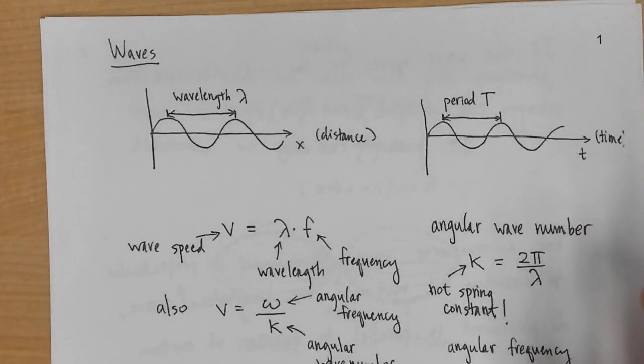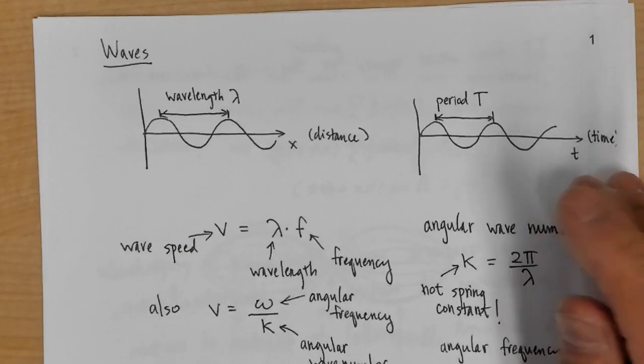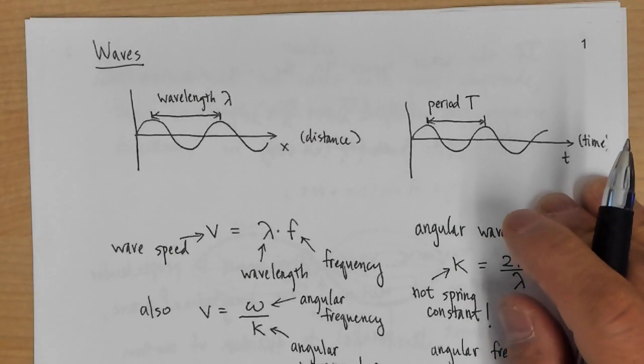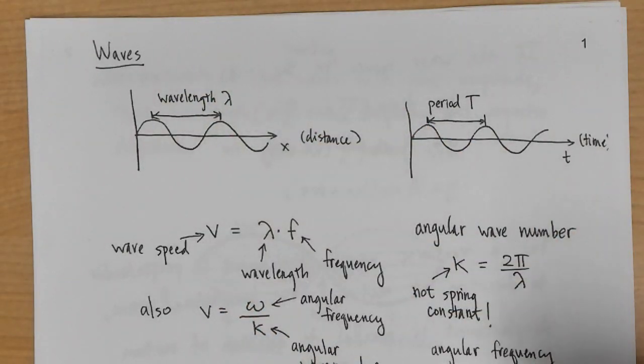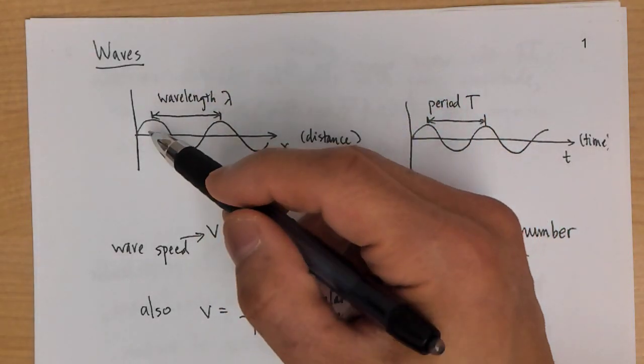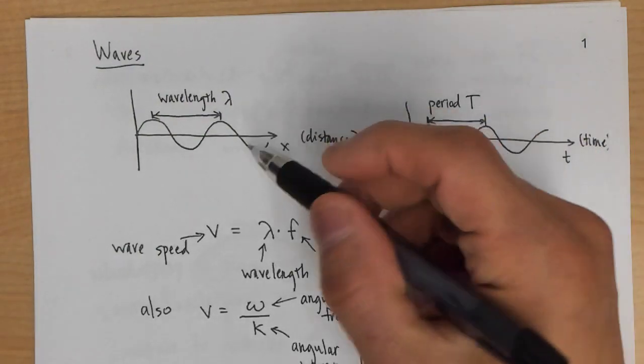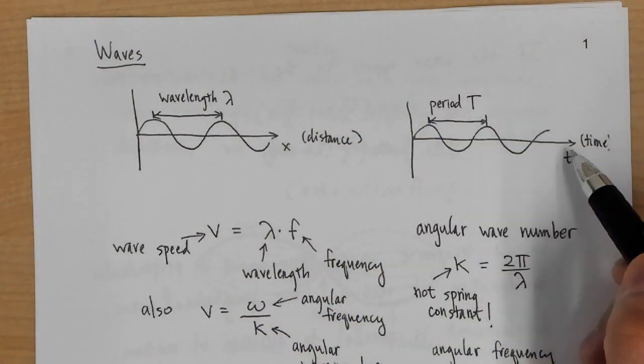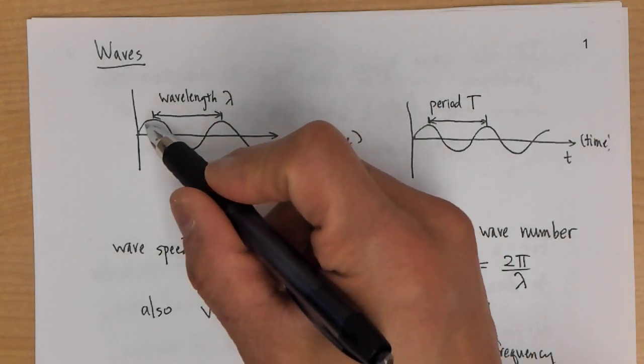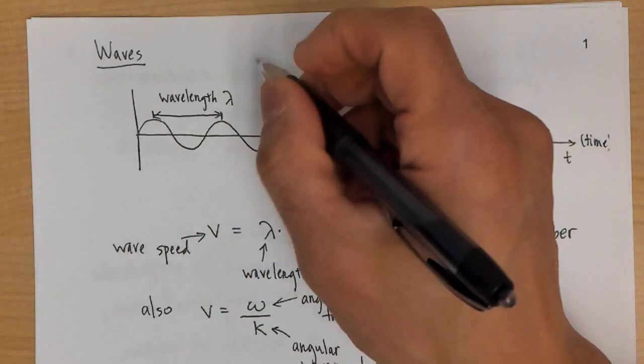Okay, we're talking about waves. This is the review for the material covered after quiz 6. So we have some displacement, and we want to look at the displacement produced by the wave as a function of distance or as a function of time. Now, if I make a snapshot, so this is a snapshot,